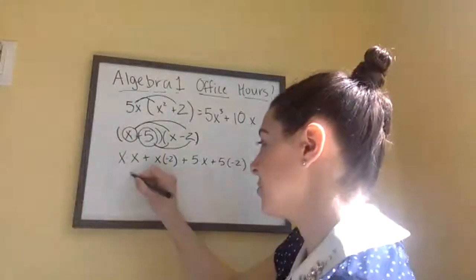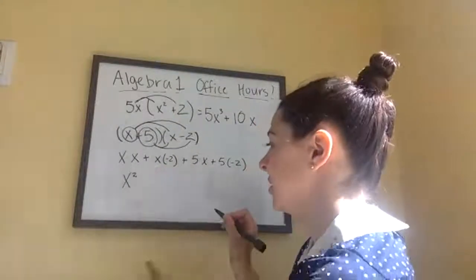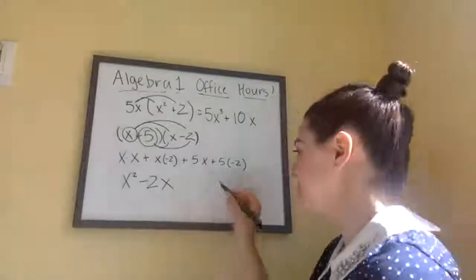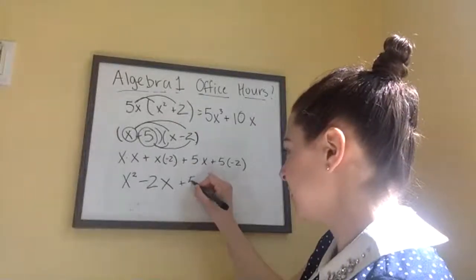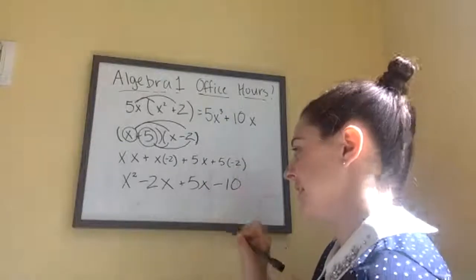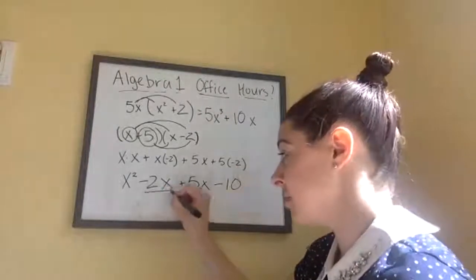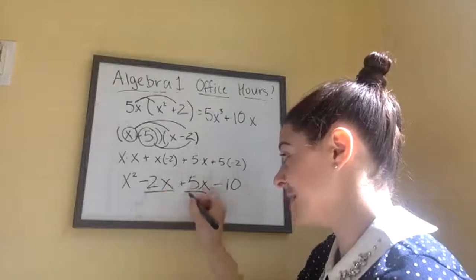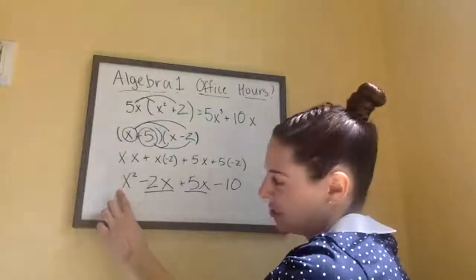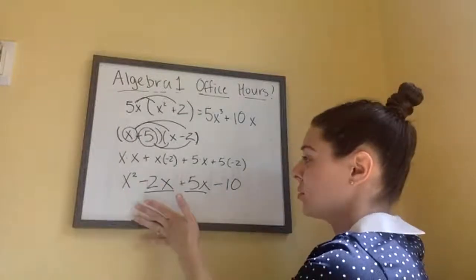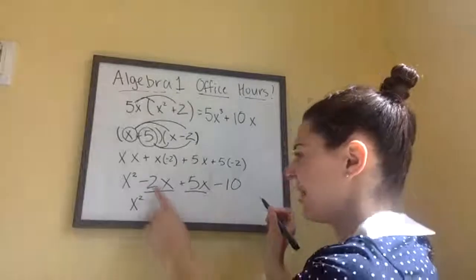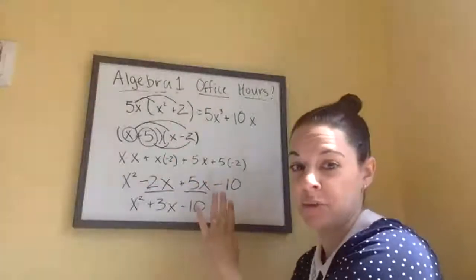So x times x gets me an x squared. X times -2 is just -2x. 5 times x is just 5x, and then 5 times -2 is -10. From there, that's when you combine like terms. -2x and 5x can definitely combine. You cannot combine the x squared with anything because there are no other x squares here. So your final answer would be x squared, and then